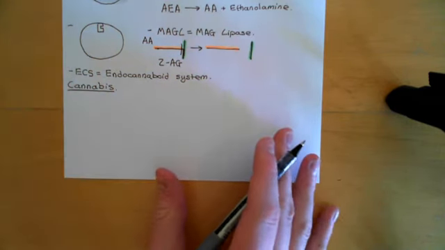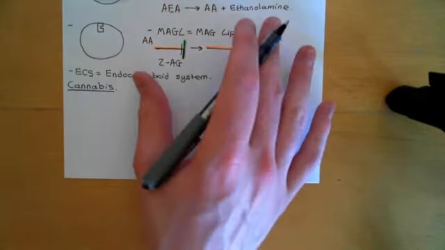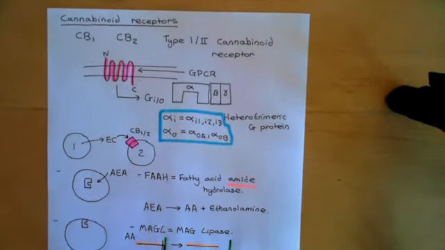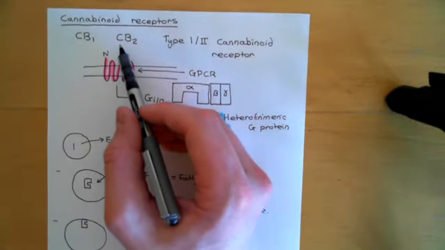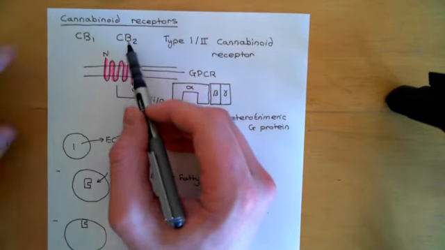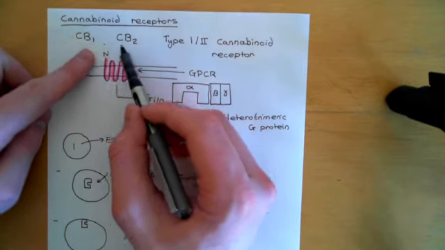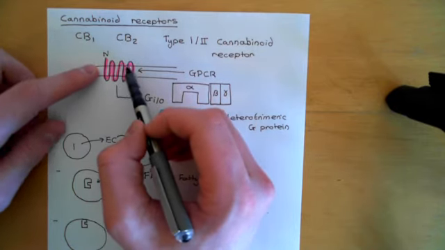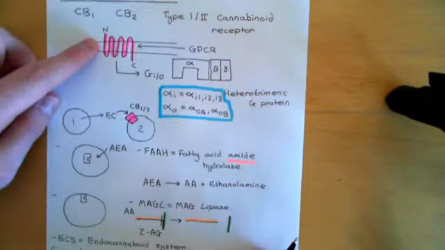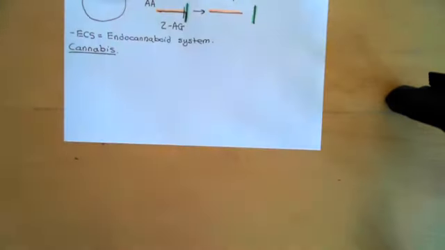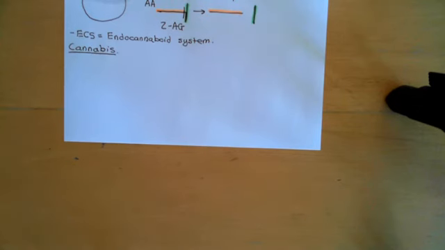Oh, and in fact, I probably should have said something that I didn't really stress enough at the time. I assumed that it was implicitly obvious, but N-arachidonyl ethanolamine, anandamide, and 2-arachidonyl glycerol, they are both agonists at these two types of cannabinoid receptors. So at type 1 and type 2 cannabinoid receptors, they will activate them. Okay, so they're agonists for these receptors. The active ingredient of cannabis is an exogenous cannabinoid, and it works by also activating these same receptors. So it is an agonist at cannabinoid type 1 receptors and cannabinoid type 2 receptors.